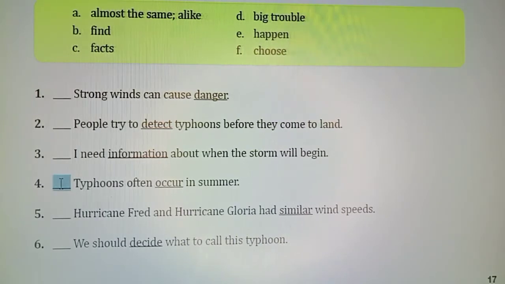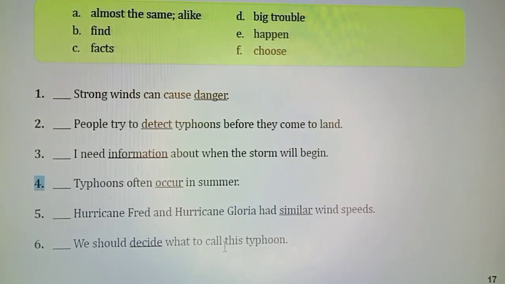Number four, typhoons. Typhoons often occur in summer. So, what does it mean, occur, here? To happen. Yeah, that's right. So, the letter E is the best answer for number four. Yeah, that's right. The next one,